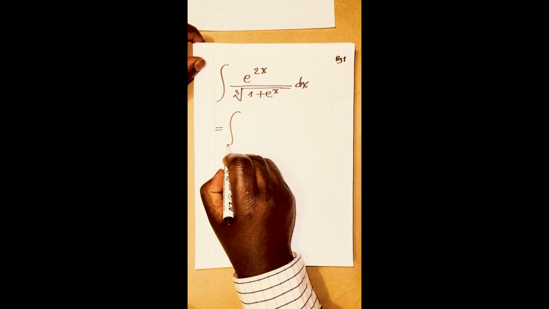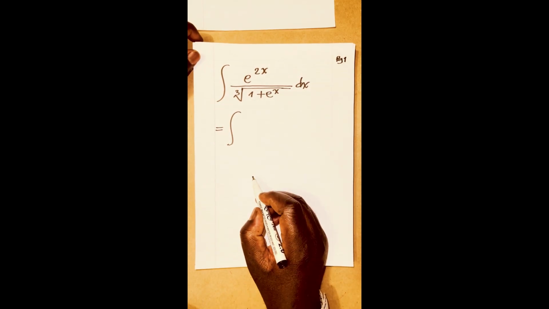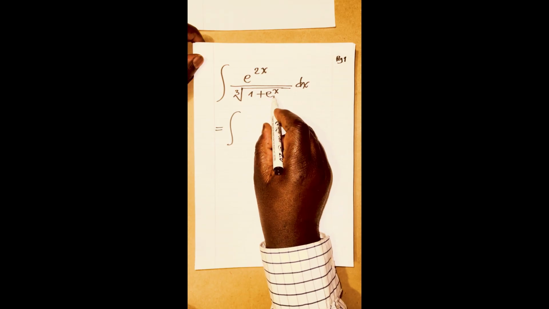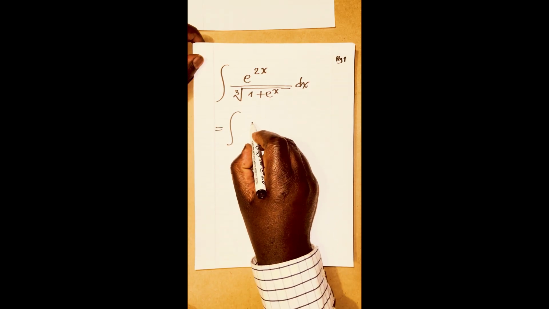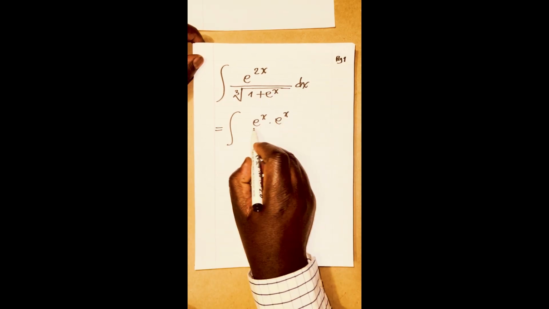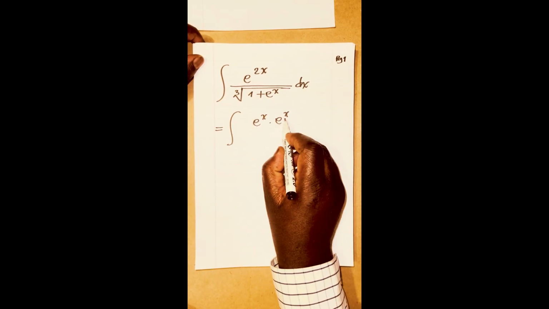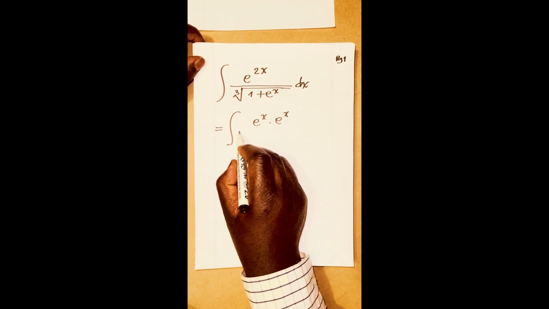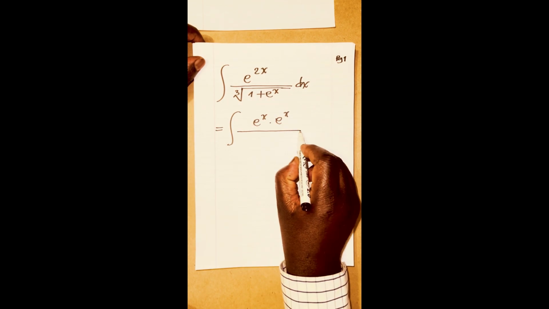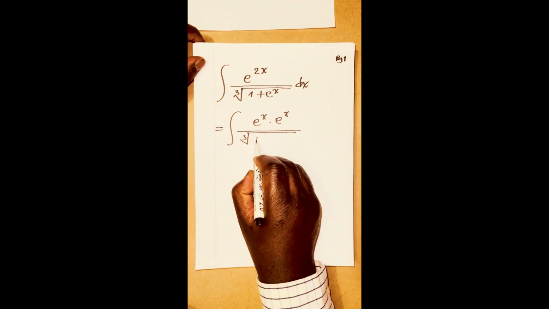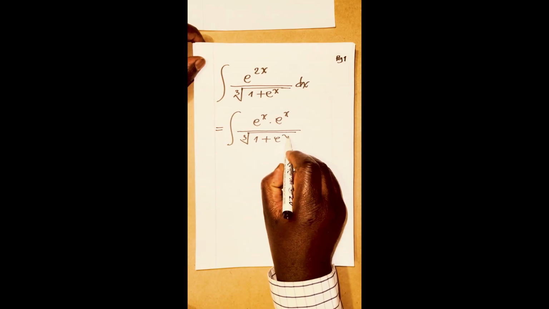This is the same as the integral of, I'm going to split the e to the power 2x because I have e to the power x here. So I want to have that expression in the numerator. So I'm going to say e to the power x times e to the power x. Using laws of exponents, you know that this simplifies to e to the power 2x. Alright, so we're dividing this by the cube root of 1 plus e to the power x,